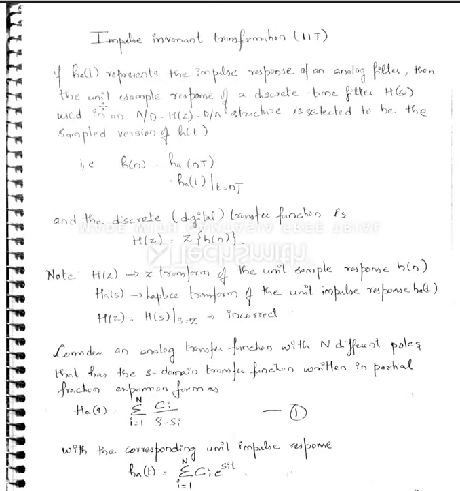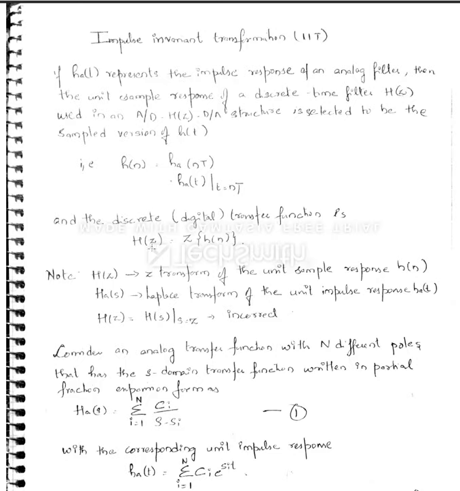So the very first, they say you consider your h of a t, if it represents the impulse response of an analog filter. How exactly would you be representing your H of z? So h of n, if you represent that as h of, this is the impulse response. If h a of t, the analog impulse response, is sampled for an interval n, you can write it as this.